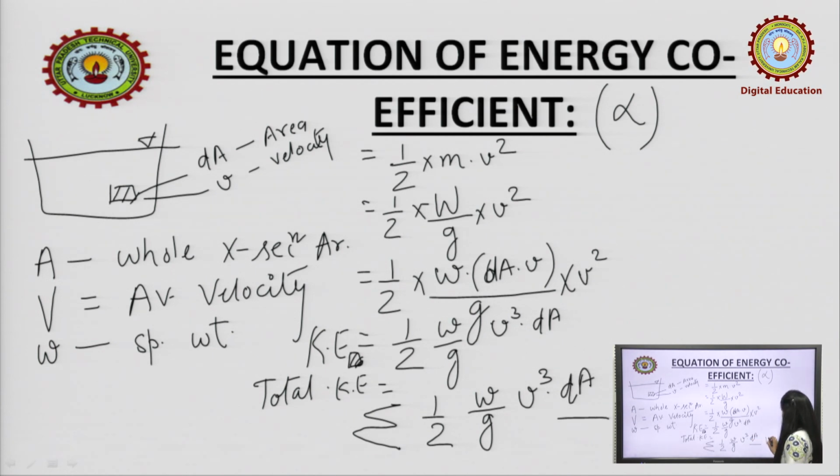This is equation number 1. We have calculated the total energy with the help of integration, or the summation of all such elemental portions throughout this area. Now, if we consider A as area, V as velocity,